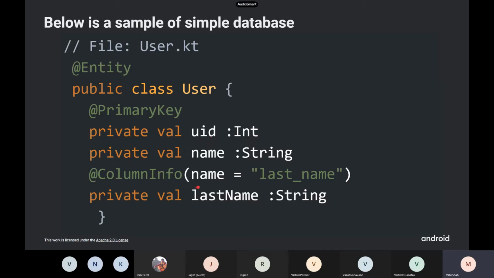Now, the ColumnInfo annotation is not necessary. With ColumnInfo, we can give a name to this column. For example, this lastName column will not have the name lastName. It will have last_name. However, we have not annotated anything here, so this column will have the name itself. Okay.